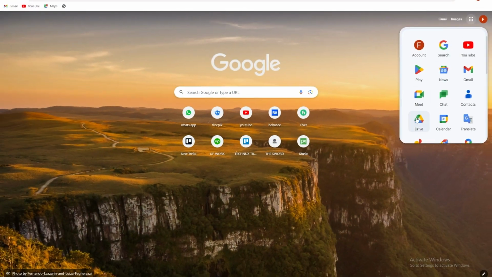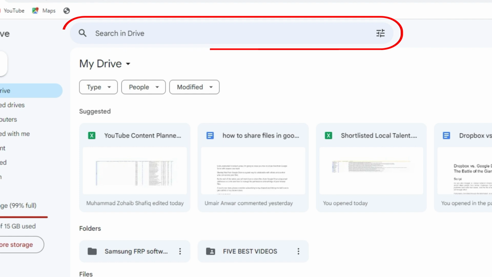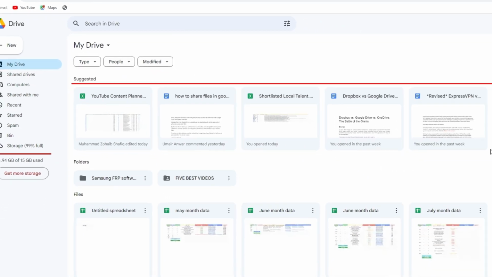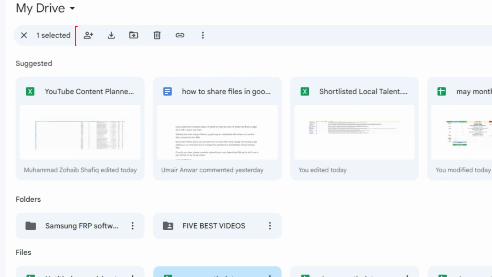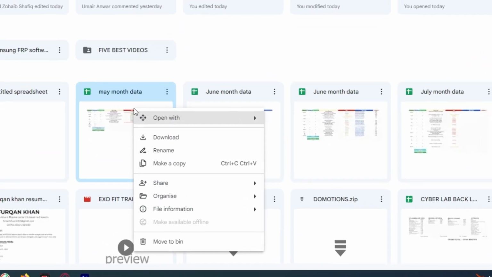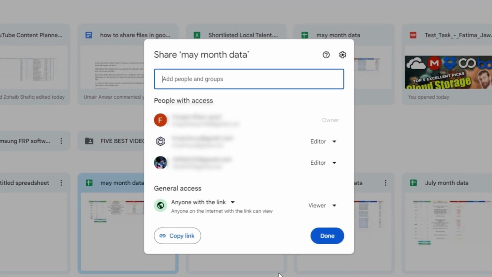First, you need to open Google Drive and find the file that you want to share. You can use the search bar at the top or browse through your folders and files. Once you find the file, you can click on the share icon at the top right corner of the screen, or right-click on the file and select Share from the menu. This will open a new window where you can see who has access to your file and add more people